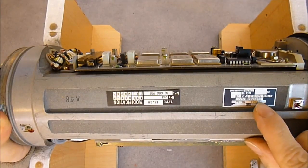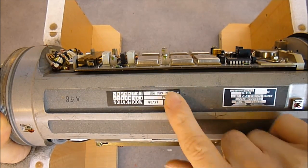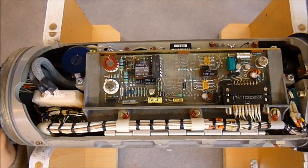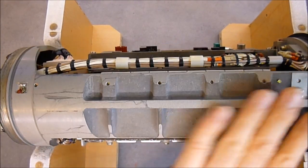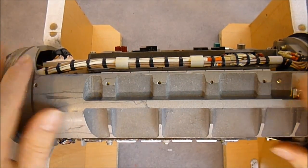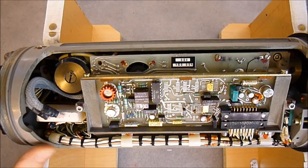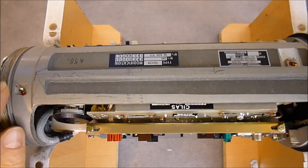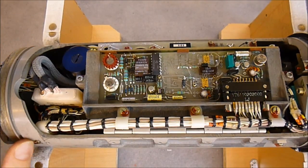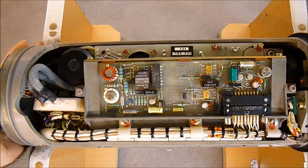Here we have more manufacturer plates, with again the same serial number and modification plate. And here is the other side, so you can see the structural piece here, the single piece of aluminium, die-cast aluminium it seems, going all the way to the back here with this bulkhead on the right with the